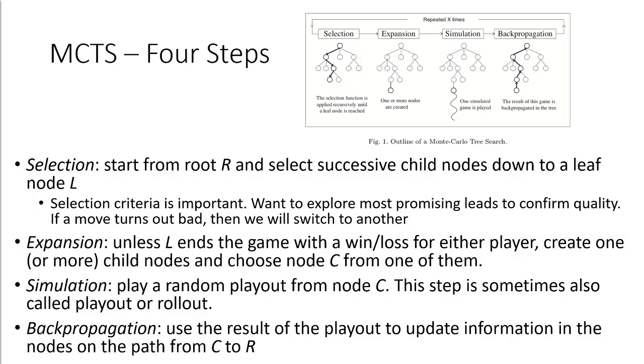And then once you've updated all those stats, you can restart again from the selection phase. And then when you're selecting, you're again picking the most promising node for each player, and then you work your way down to a leaf again, and then you perform expansion again,